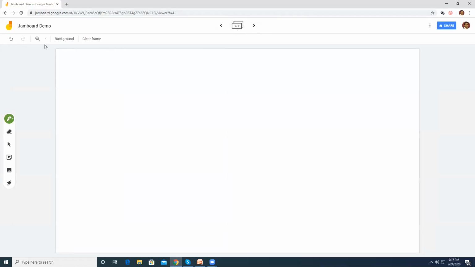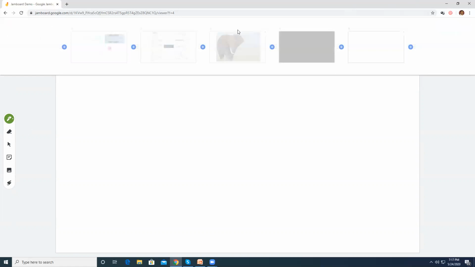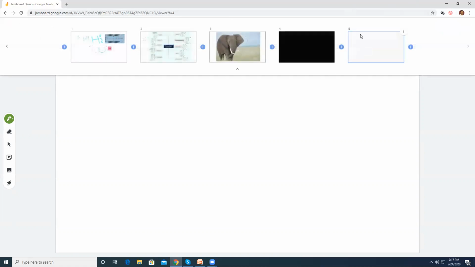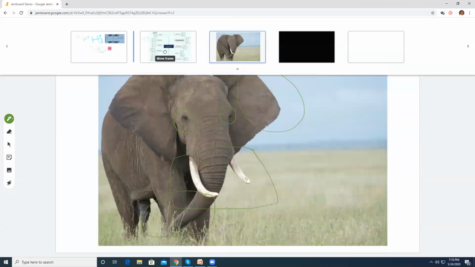So the next thing is, we have talked about this. You can erase this and the background frame. And now let me go here. So you can see now I have a couple of frames. Now you can swap the frames, in the sense that you don't want this order, so you can swap this elephant with this. You can see now the order is rearranged.